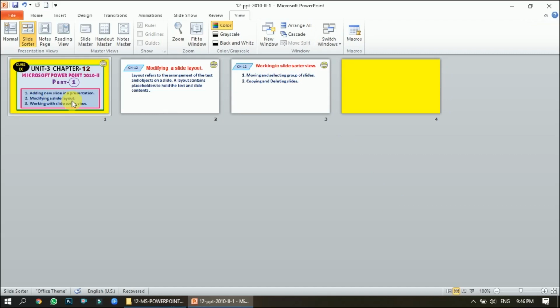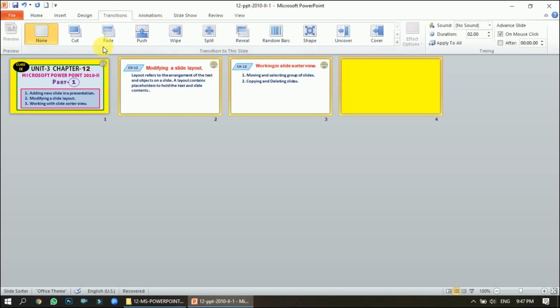Now for example, I want to apply a transition on all the slides. For that I need to select all the slides, and I have two methods. One, pressing the Control key and clicking on all the slides. Second, keeping the Shift key pressed and clicking on the first and the last slide. So you see, keeping the Shift key pressed, click on the first and the last slide, right? This is how I can select multiple slides.